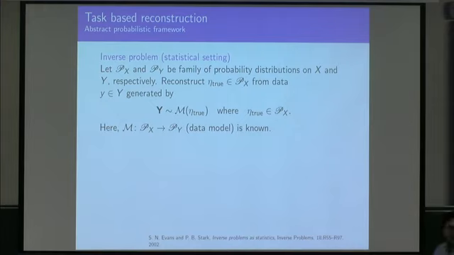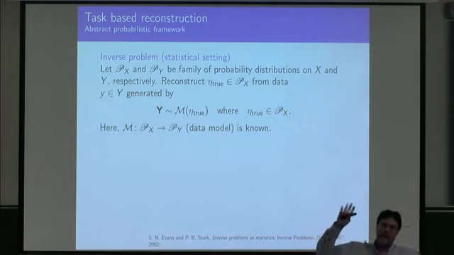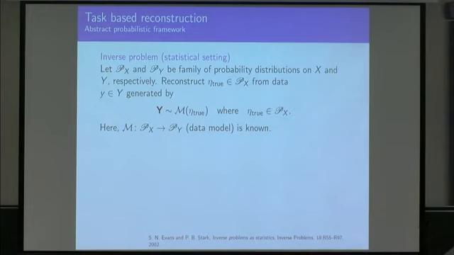And your forward model, or your forward operator, is now replaced by a mapping that takes a probability distribution on the reconstruction space and maps it to a probability distribution on the data space. It's a very general formulation. And what you know is that you are given a data set, that is a single measurement. This y is not a random variable, but it's a sample of a random variable whose probability distribution is given as the data model acting on the unknown probability distribution in the reconstruction space. So this would be the statistical formulation of inverse problems.